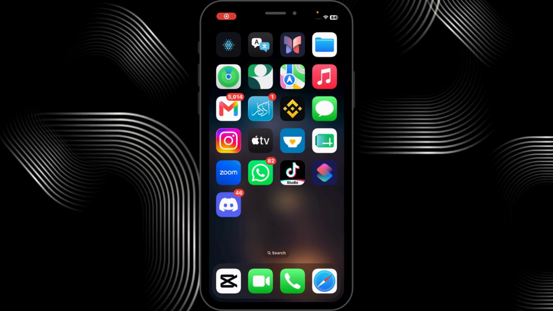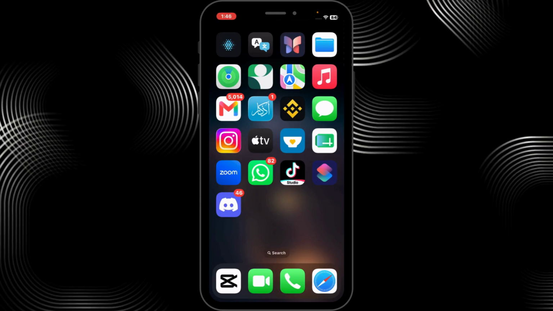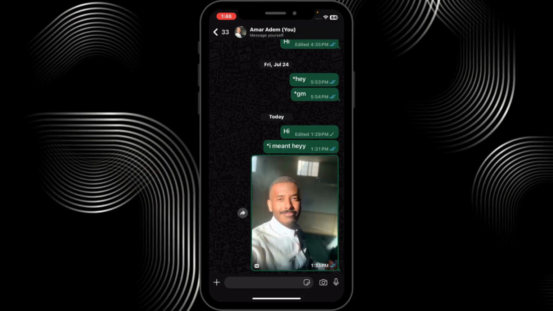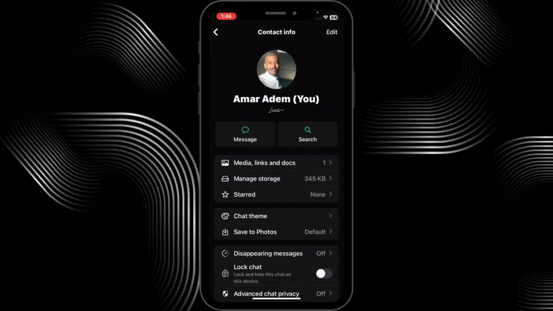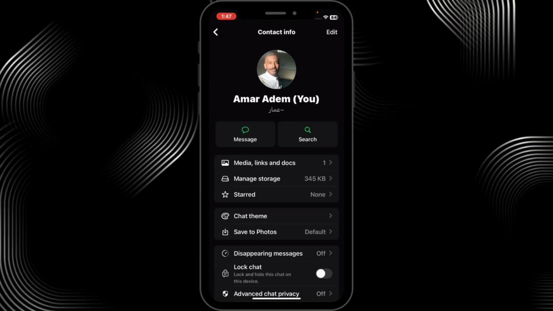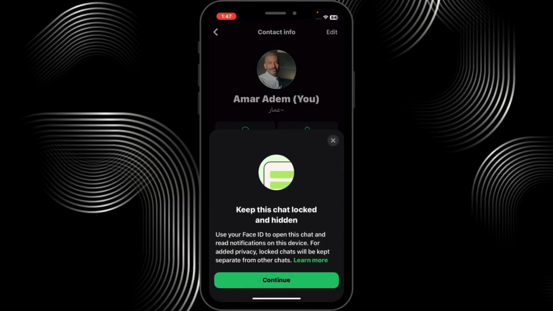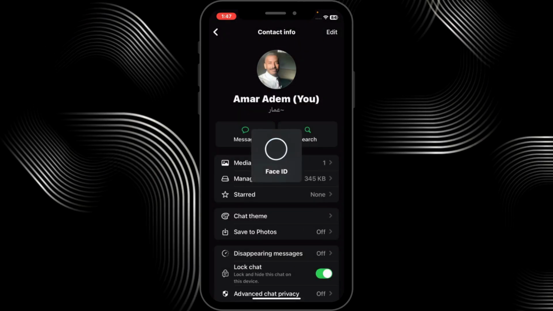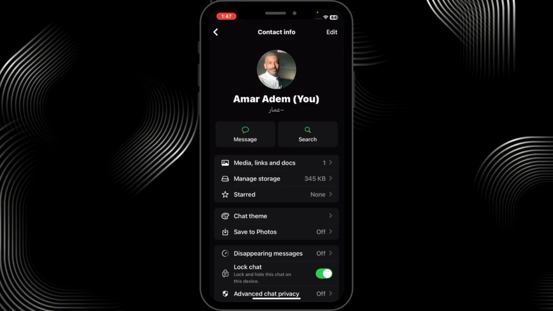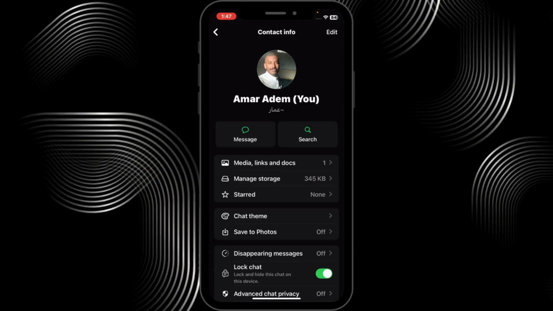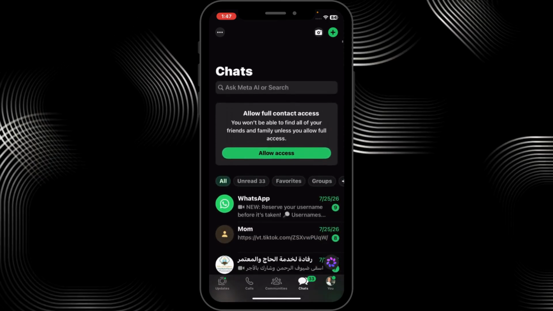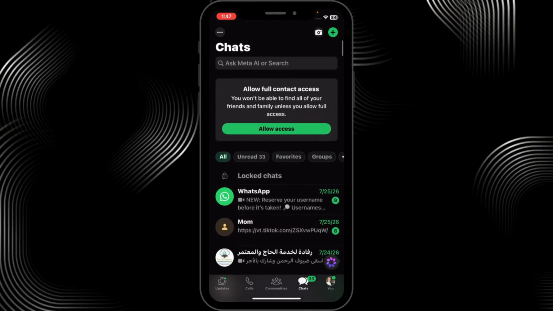You can lock specific chats in WhatsApp by opening a conversation, right? Tapping the contact name at the very top, scroll, or you could just turn on the lock chat switch, continue, confirm via facial recognition, and now it's locked, right? Now, what I'm gonna do, I'm gonna just go back, swipe up, just like you're trying to refresh, tap